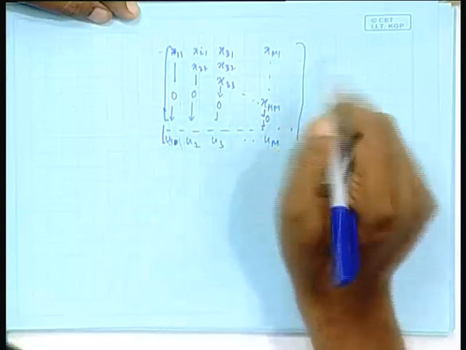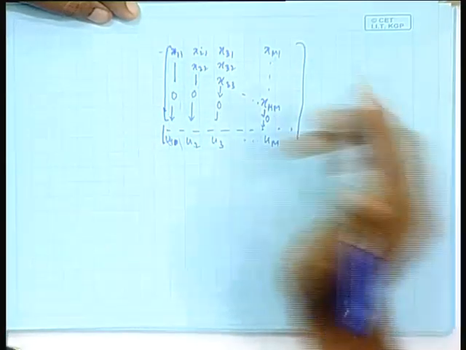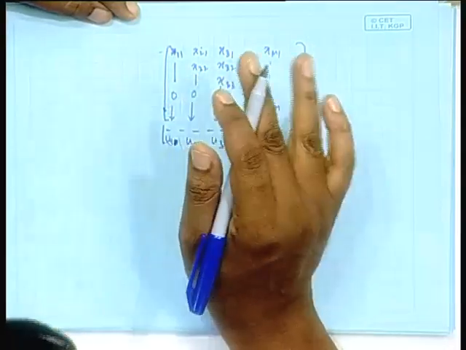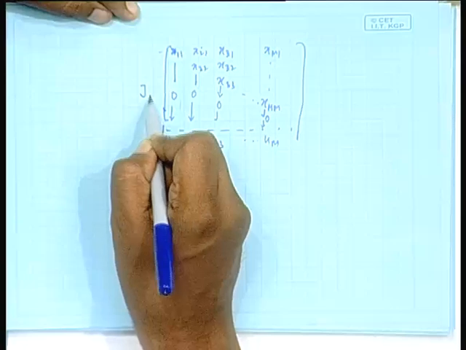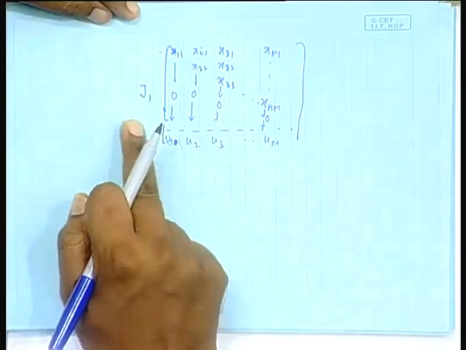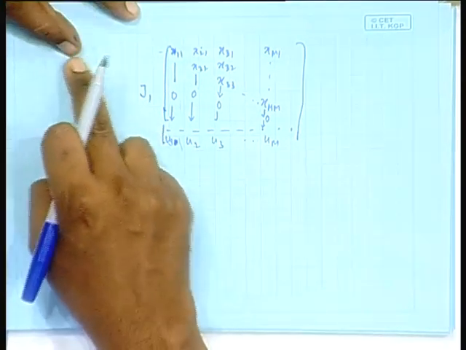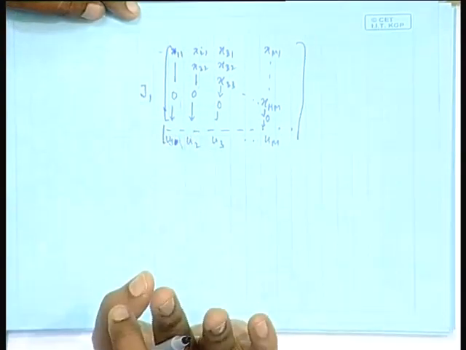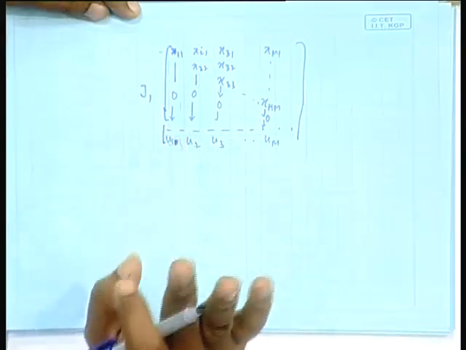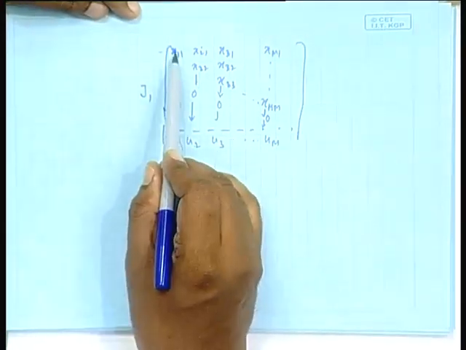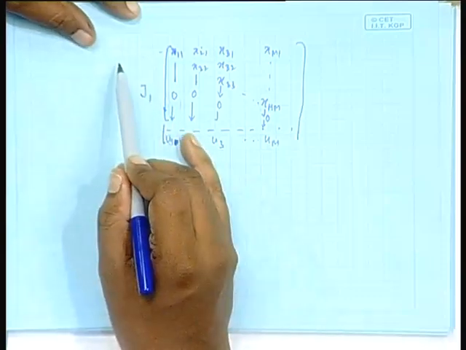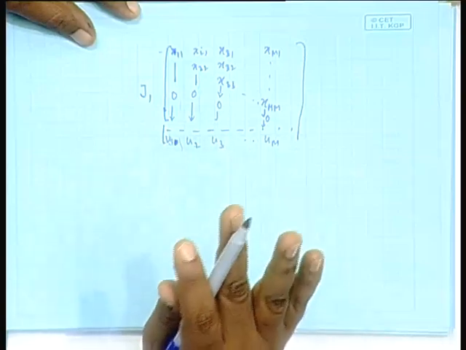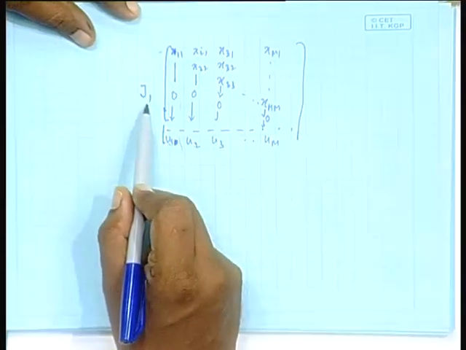So these zeros will remain as they are, but after doing the rotation I will have a data and 0 here. Suppose I do this, some J1; you understand how to construct J1: some c 0 0 0, s, then 1 1 1 diagonal entries, again minus s 0 0 0 c. I hope you do, I do not have to write it. The structure is cos theta, then all zeros, then sin theta, then a lower identity matrix, then again minus sin theta 0 0 0 cos theta. That matrix I am calling J1.